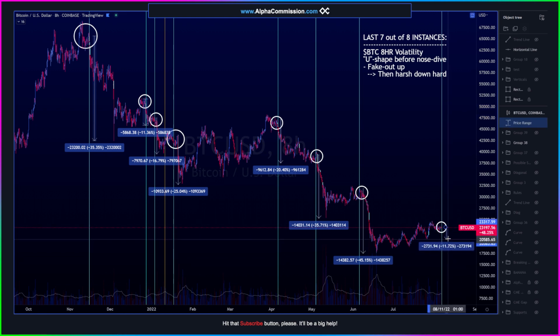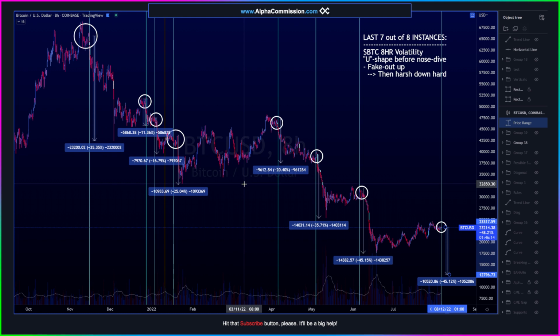It would actually be coming back to around $20,000, right? Maybe $20,500. What would 20% be? It would be about 18,000. What would 30% be? It would be 16,000, maybe 500-ish, we could say. And then let's just say the maximum of a 45% move would be 12,700, maybe 12,800-ish, okay? So we could be talking about anywhere between $20,000 to $12,800 if we take into account this kind of historical signal that I've discovered through my own analysis of the